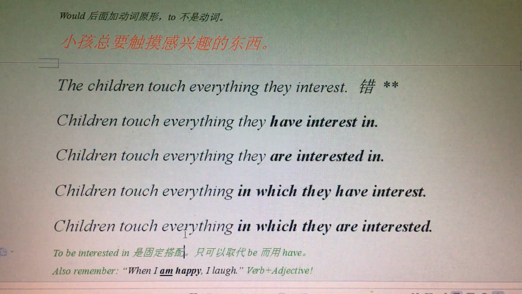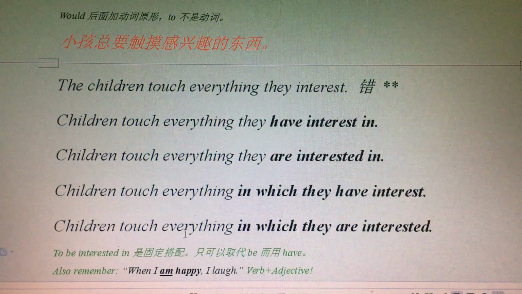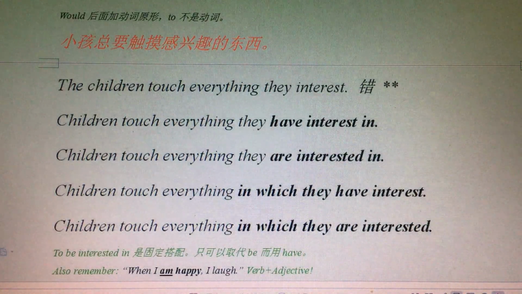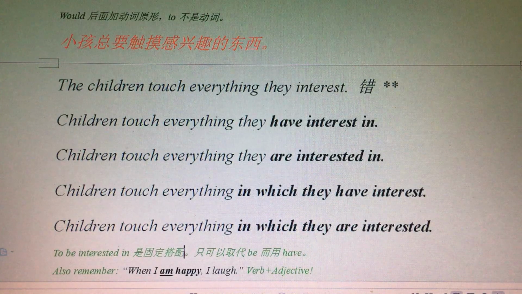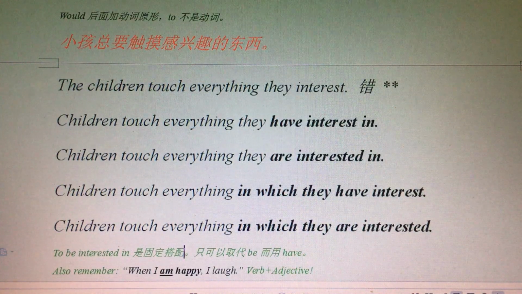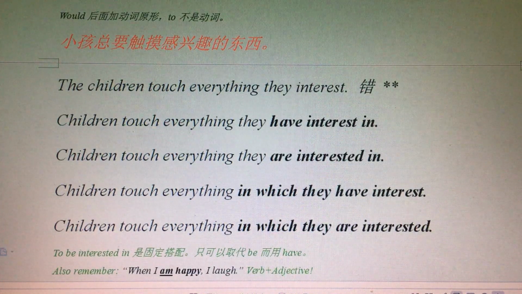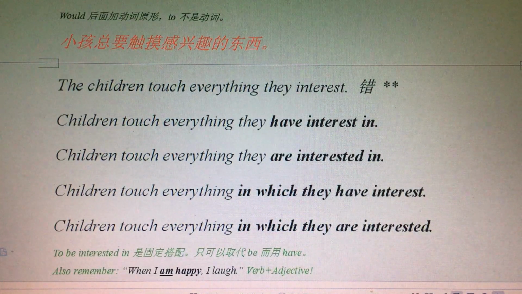Okay, so we're going to start, I think this is number 10, I hope it's number 10, of the English mistakes in China, and this one is, I think, where we left off. I don't check every video and I'm not that careful, so sorry if I covered the same thing twice.